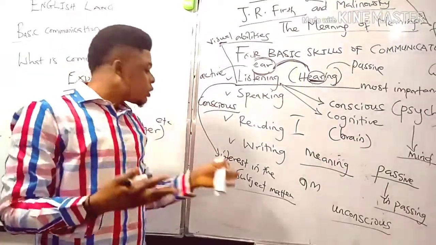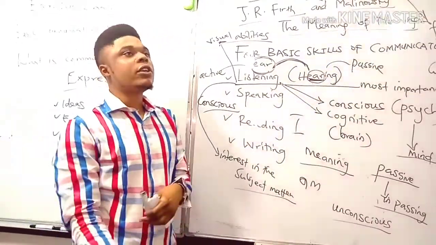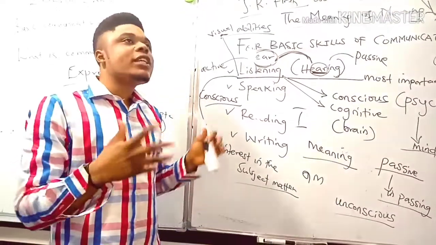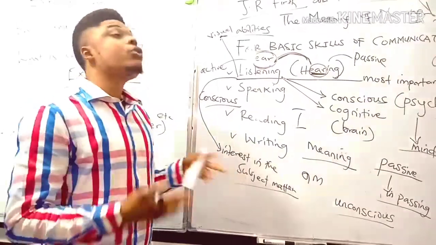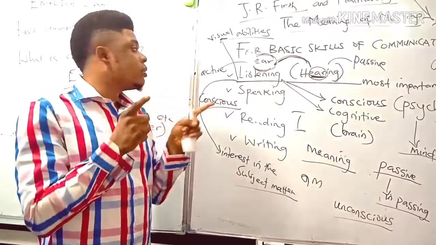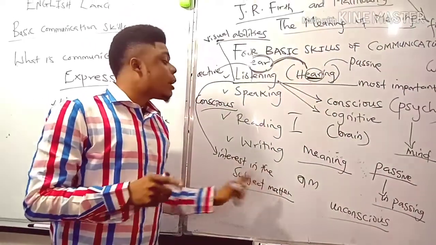And when you go about a topic that the person is interested in, let's say fashion, you say, oh, I love the slit skirt, I love the kimono, the gown. Wow, the person is already alert. So you must have some form of interest in the subject for you to actively listen, effectively listen. You must have interest in the subject matter.